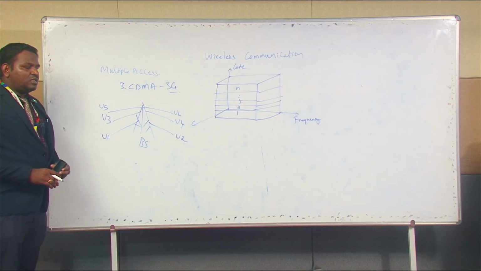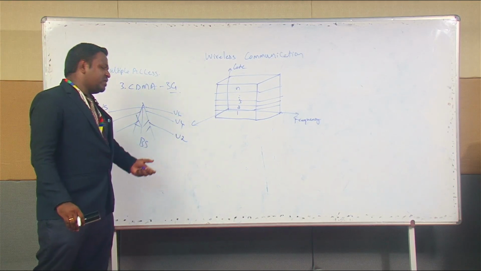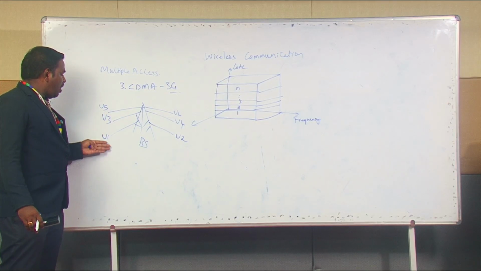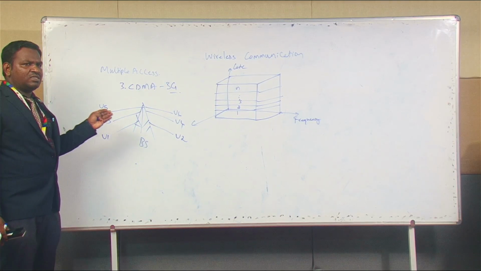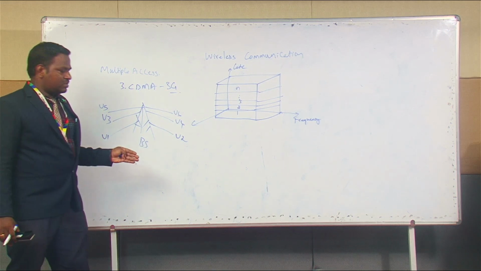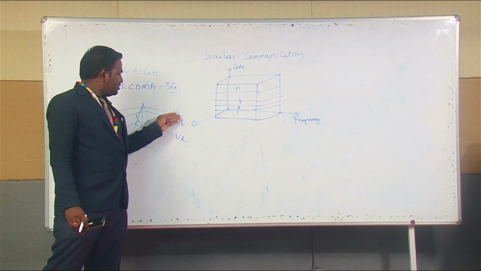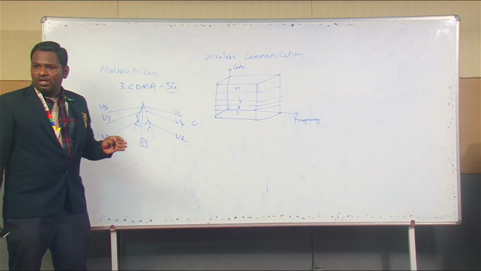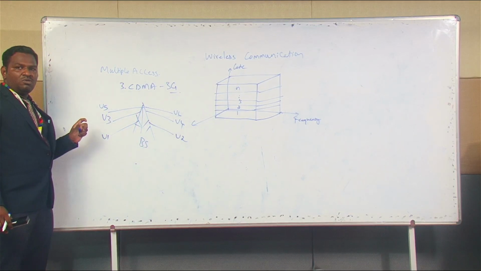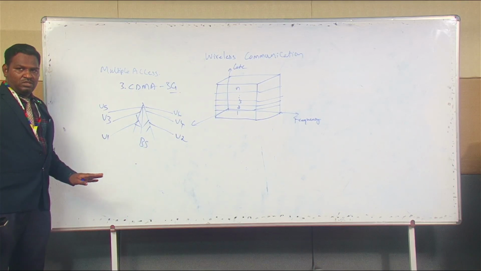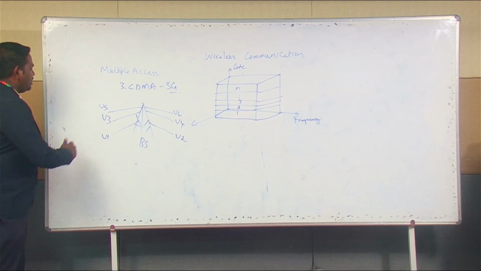Here there are 6 users connected to this base station, and all the odd users 1, 3, 5, we will take as transmitters, and the even users 2, 4, 6, we will take as receivers. So in CDMA, what will happen here is